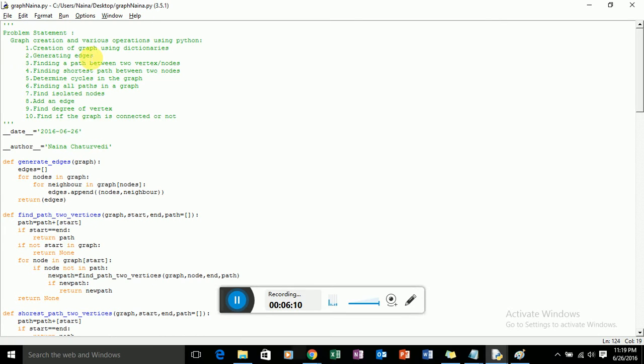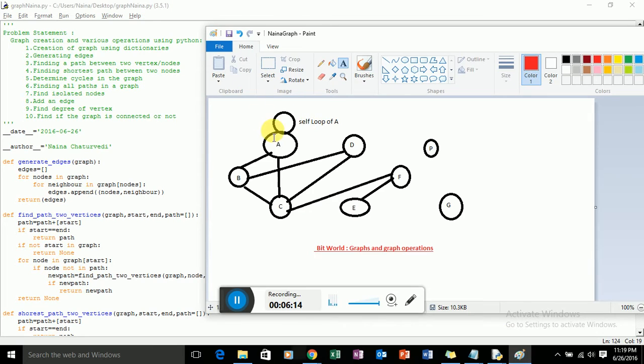Second is generating edges. While creating the dictionaries, we are just representing that we have a node A, node B, C, D, E, F, P, G, but we are supposed to generate an edge between them.